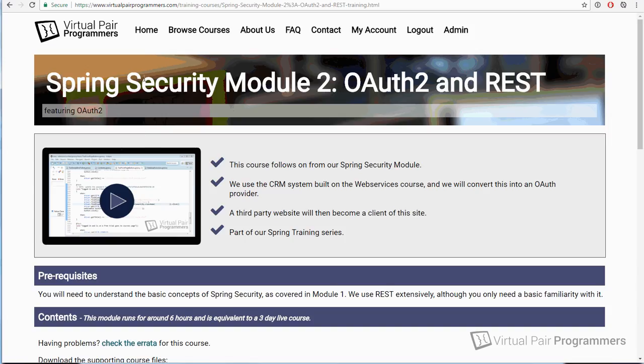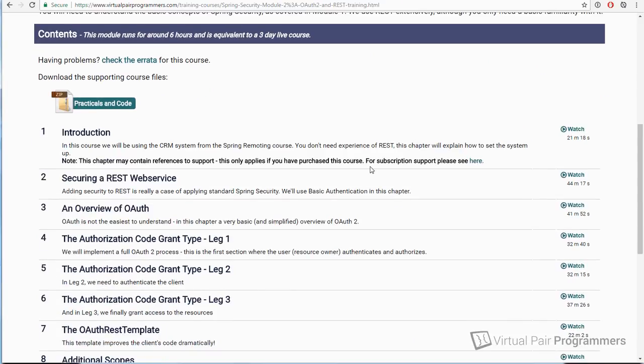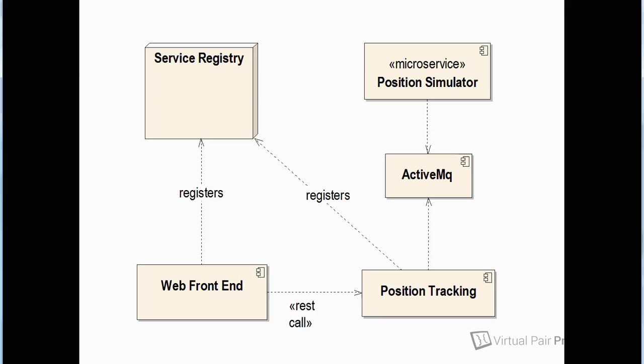On the second module of Spring Security, this is the one where we looked at REST. Just going down to chapter 2 on there, I showed you how to secure a REST web service, which, as the comment here says, it's really just a case of applying standard Spring Security. On the client side, you have to send the username and password in base64 encoded format. A little tricky, but really quite simple to do. So we could certainly do that, but I think on a full system that's going to end up being very